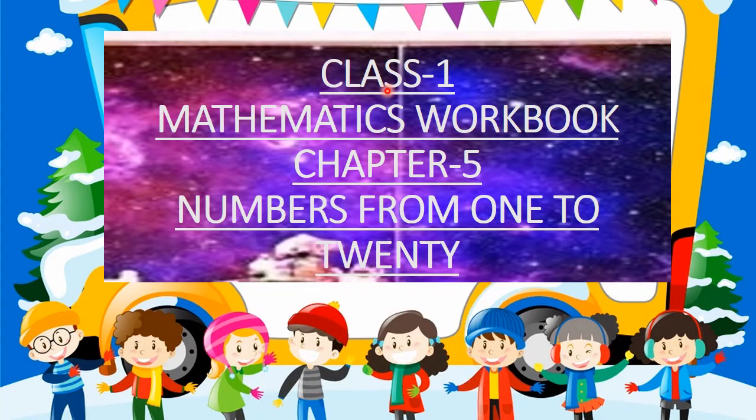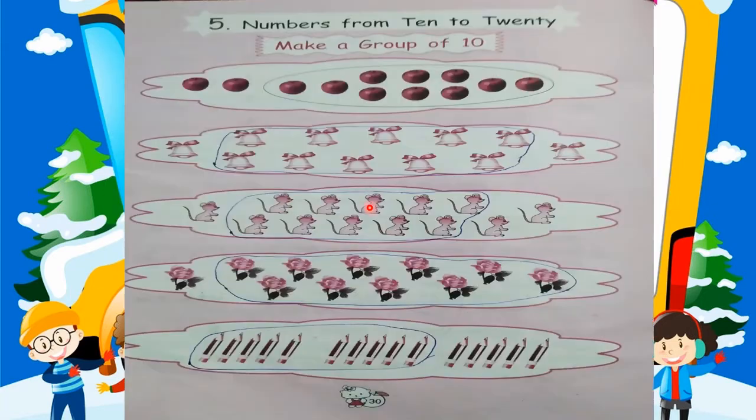Good morning class. First, the class is a maths workbook and we have started chapter 5, numbers from 10 to 20. This is your workbook exercise in which you have understood numbers 10 to 20, and also solved some questions. The next question that you will solve today is,